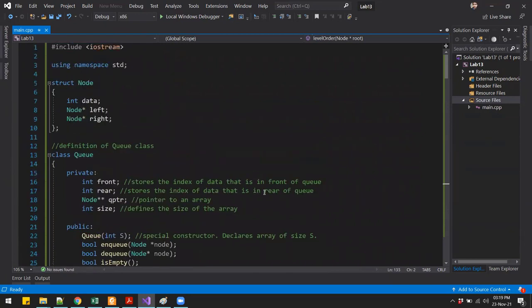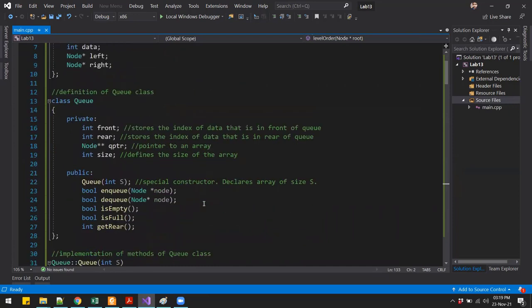Okay, so there are a few things that we will have to change in our queue class so that it can cater for the node pointers. Right now it is just storing the integer values, our queue is only storing the numbers, but here we want to store the reference to each of the nodes.